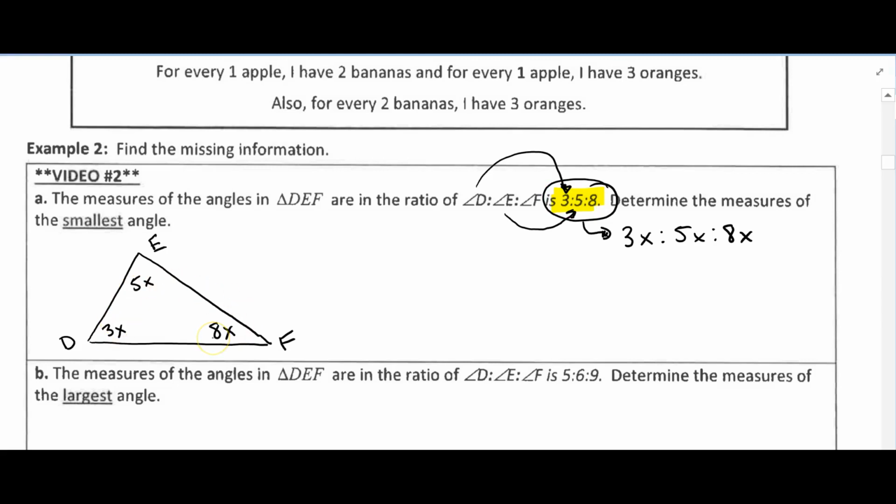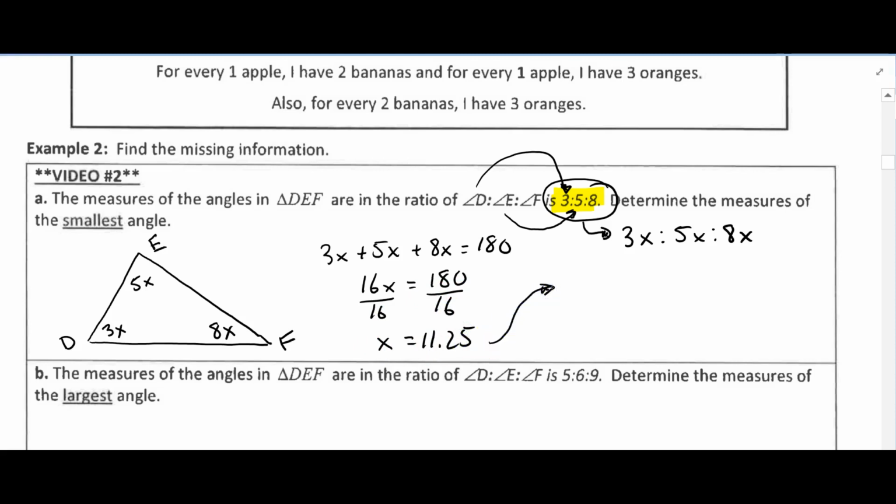We know the three angles of a triangle add up to 180, so 3x plus 5x plus 8x is equal to 180. 16x is equal to 180. Divide both sides by 16, and we get that x is 11.25. Now, the problem asks us to find the smallest angle. This 3 times x is going to be the smallest angle, so angle D is going to be 3 times 11.25,